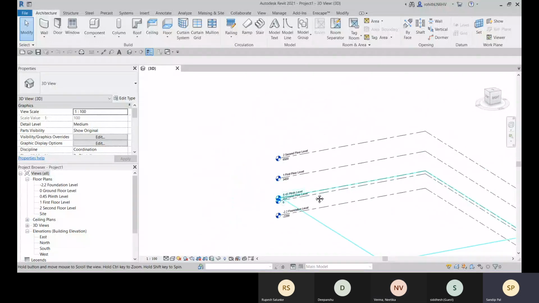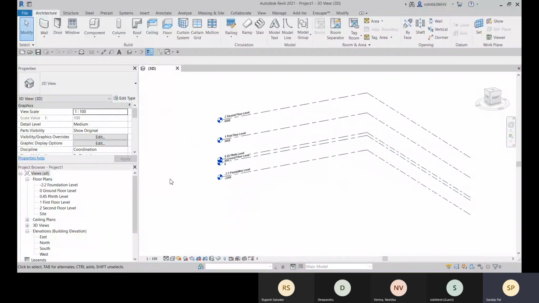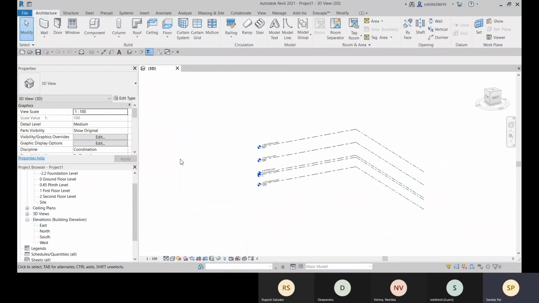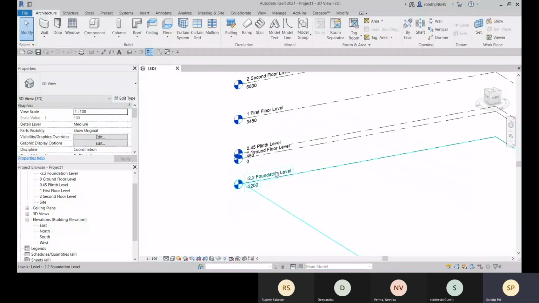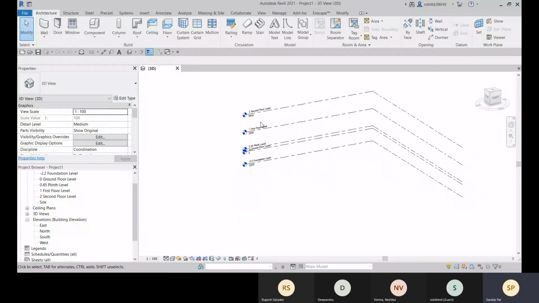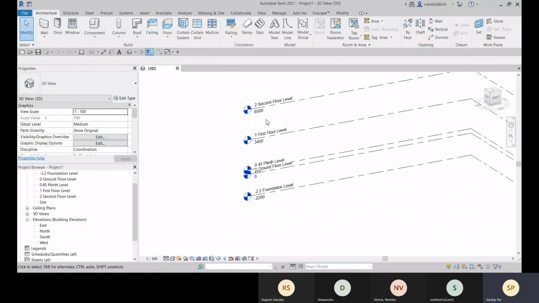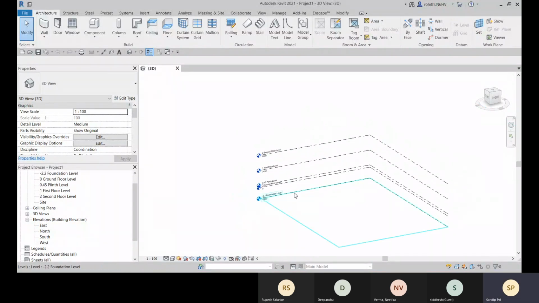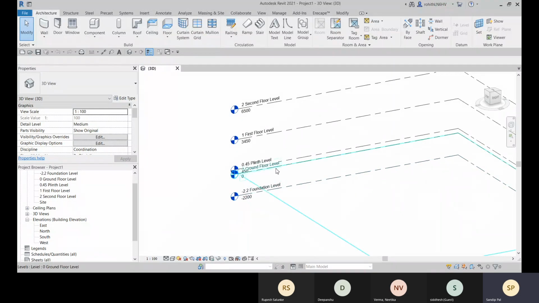OK, and not only I am, everyone who will be accessing this project template file, they will get all the settings, all the view settings, all the unit settings, snap settings, and annotation, and all the families which are loaded here. So everything included in this template file, and I can start working with this template file. All right. So as per the project, these levels are created at the right height.